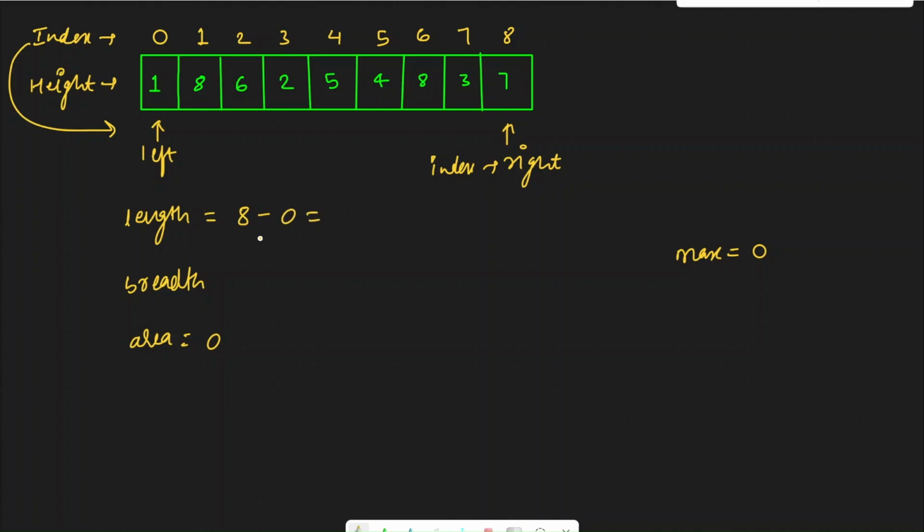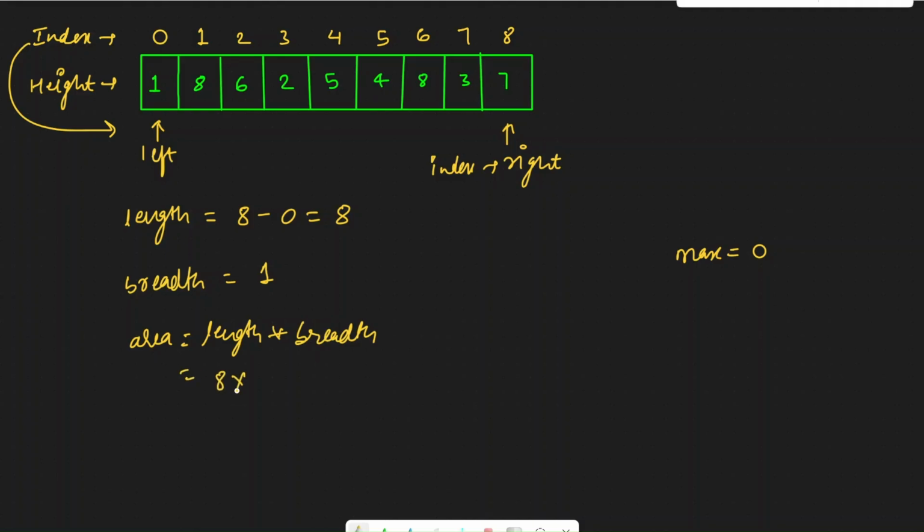So right minus left is equal to 8. This is the length right now using these two pointers. Then the breadth would be the minimum of the values at these pointer locations, so the minimum of 1 and 7, which is equal to 1. Now that we have this, we can calculate the area, which will be equal to this length multiplied by breadth.